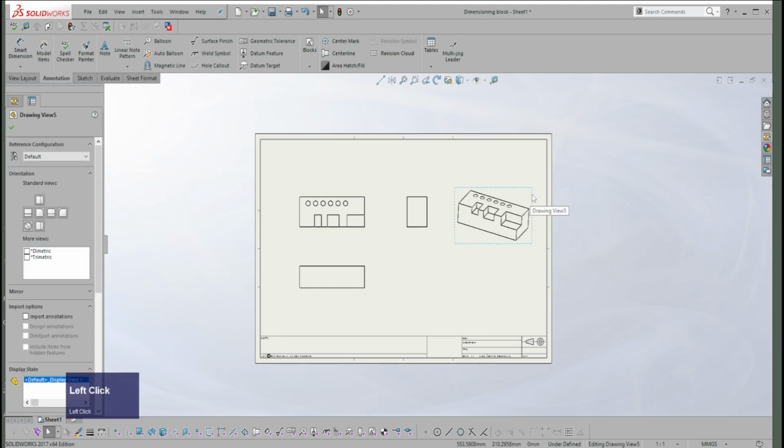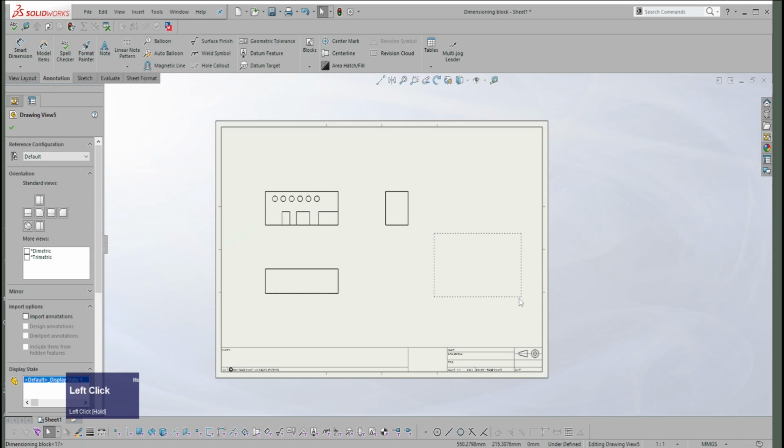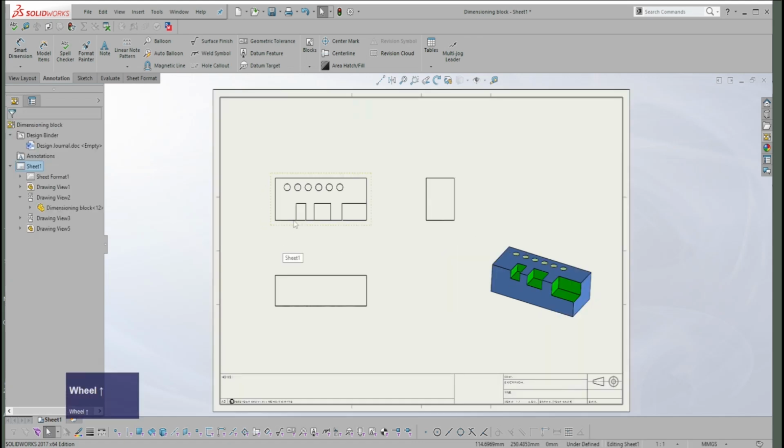The other thing I can do with this, don't do it too much, but I can actually change the display so that I get a color view. What's going to happen is when you print this, that won't come through as a vector drawing, whereas these will if you've got your settings correct. All right, so